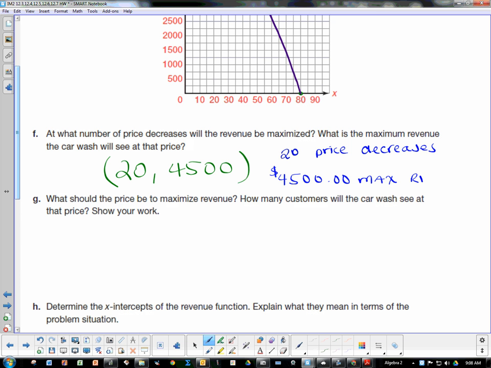Max revenue. All right. G says, what should the price be to maximize the revenue? How many customers will the car wash see at that price? And then plug in the two expressions. Yeah, you're going to have to plug them in. You're going to have to plug in what? So you're going to let n equal 20. If you let n equal 20 right here, when you go through all of this work,